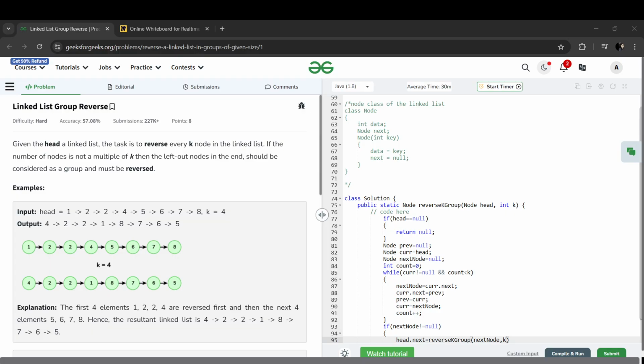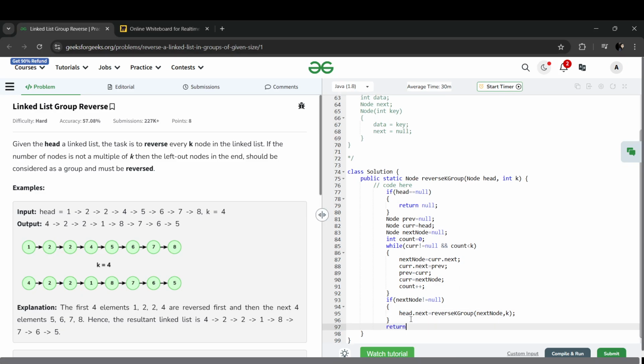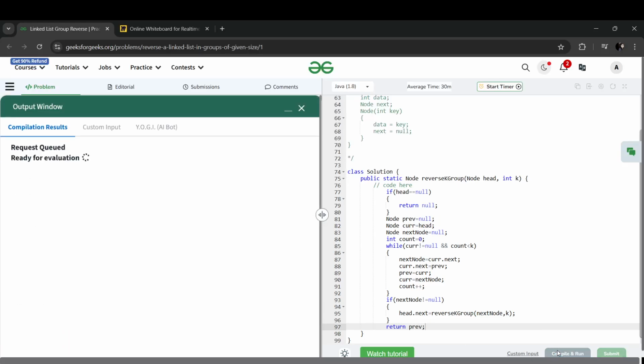Now basically what we will be doing is returning the previous node, right? Yes. So let's just return previous, and let's submit this code.